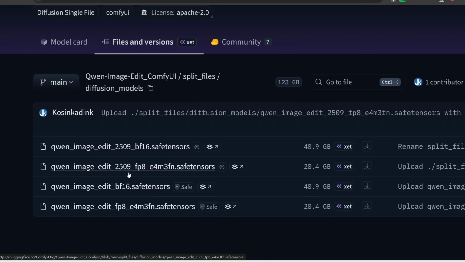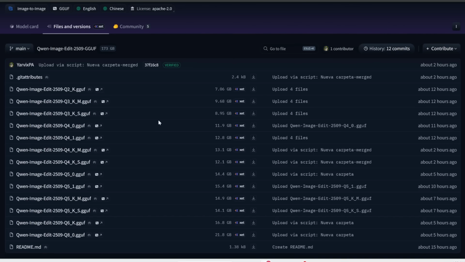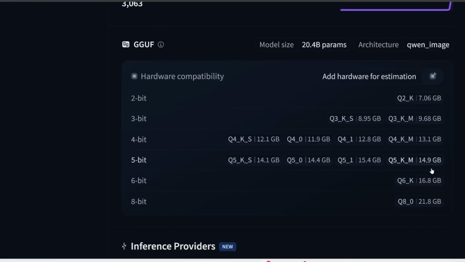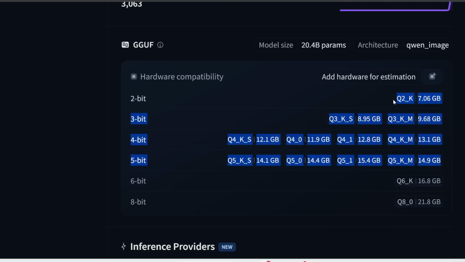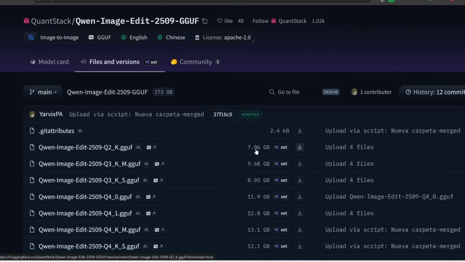Now, if you don't have over 20 gigabytes of VRAM, fortunately there are GGUFs which you can use as well. If I click on model card, over here is basically the estimated hardware requirements. For example, if you have 16 gigabytes of VRAM, you should be able to run any of these models. If you have 12 gigabytes, then you should be able to run these. And if you have 8 gigabytes, then you should be able to run the first one, which is only 7 gigabytes in size. So for me, I'm just going to download the smallest and fastest one, this Q2 one,